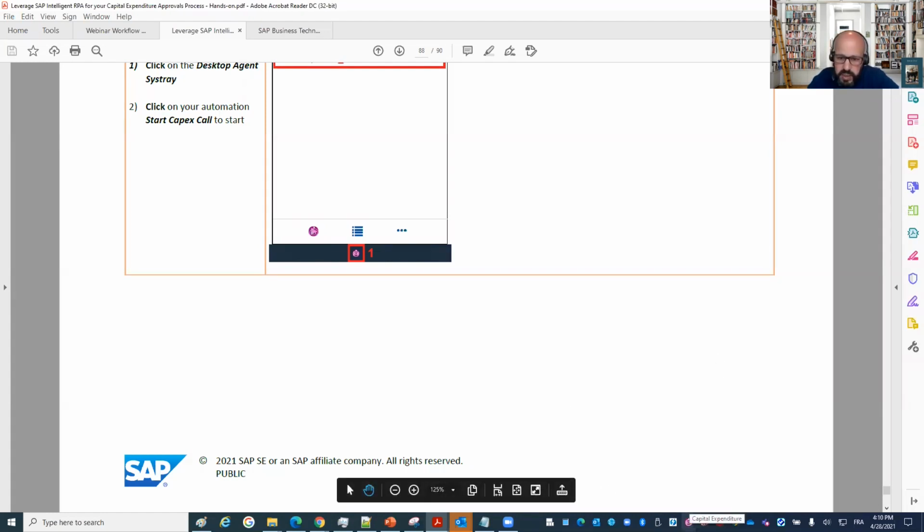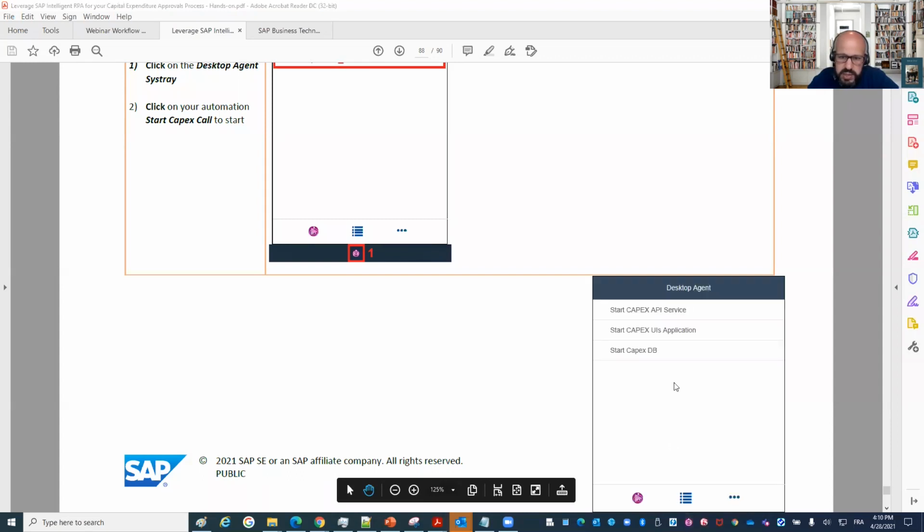And you see that my project is starting. And when it started, you see that here in my second project, I have different menu. So this is the project pane. It's a pane where you put some menus that allow you to trigger some application. Here, I will just do a test for you for CAPEX request using